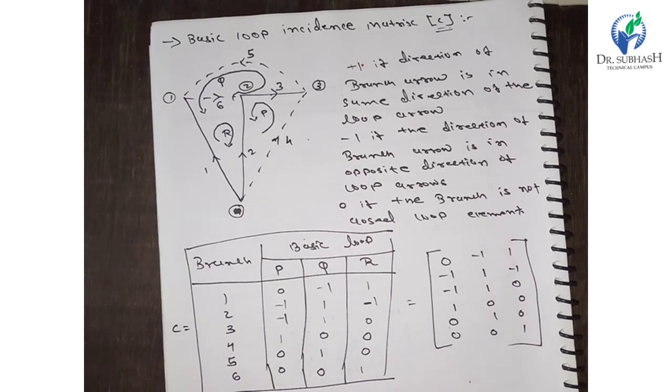So all this part is known as the incidence matrix. We also discussed the incidence matrix previously. In the basic incidence matrix, we studied the element node incidence matrix, bus incidence matrix, branch path incidence matrix, basic cut set incidence matrix and basic loop incidence matrix. There are various parts of the incidence matrix.